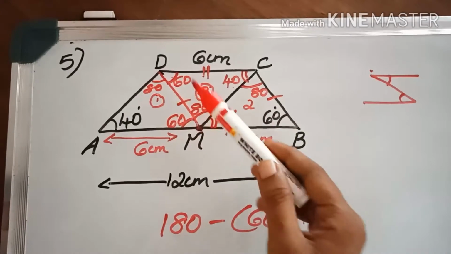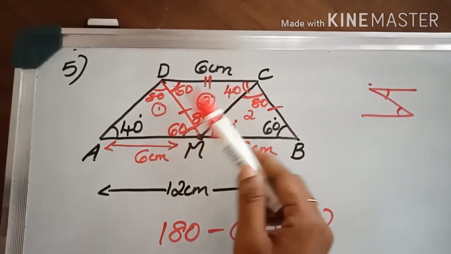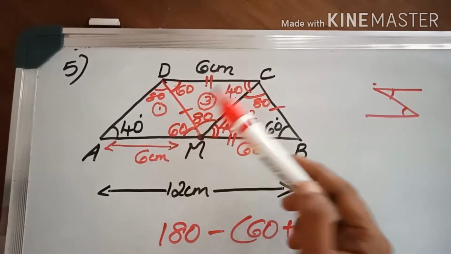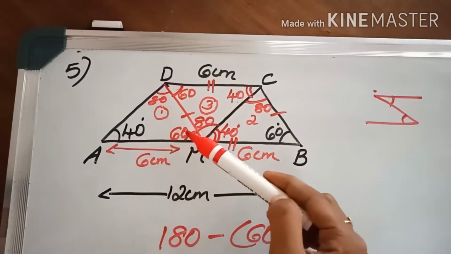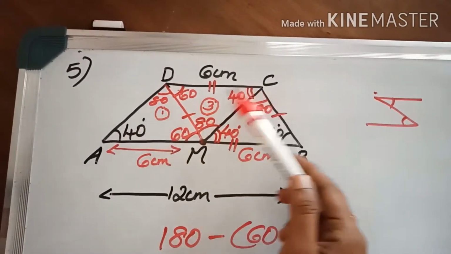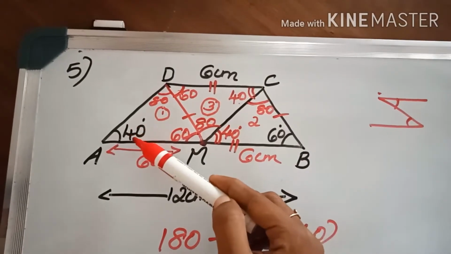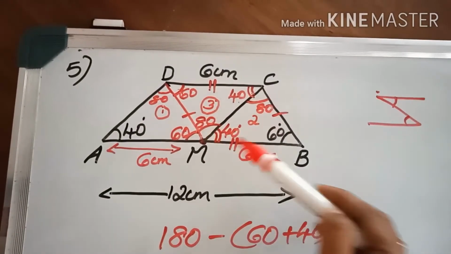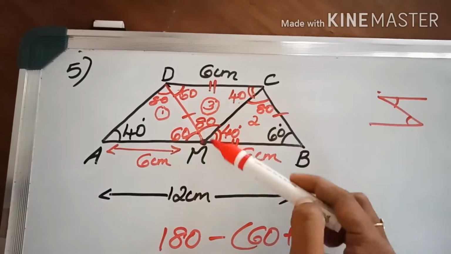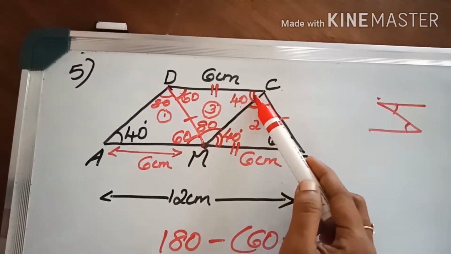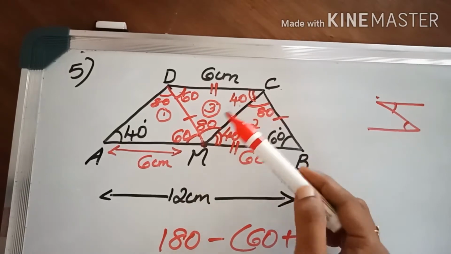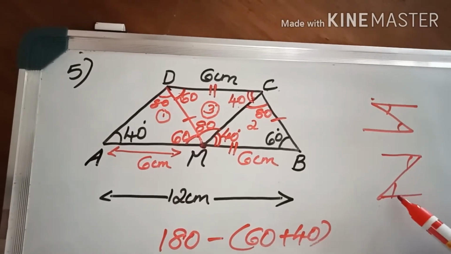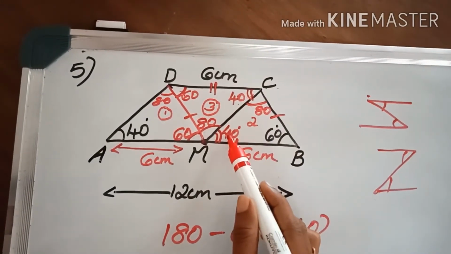So we are considering first these two figures, that means the parallelogram we will consider. After that, parallelogram means alternate interior angles will be equal. That's why these two angles are equal, and the opposite angles will also be equal for a parallelogram. That's why 40 here, 40 is in the angle C. Now the second parallelogram we consider, DCMB. In DCMB, angle DCM, that is this 40 degree angle, is the same as here, in one line. These two angles will be equal. Like this we got this 40 degree, so this also 40 degree.